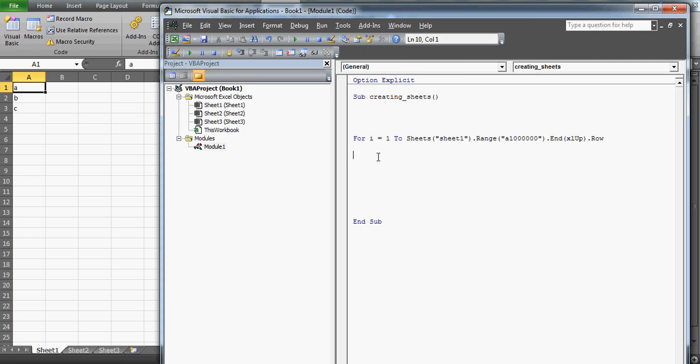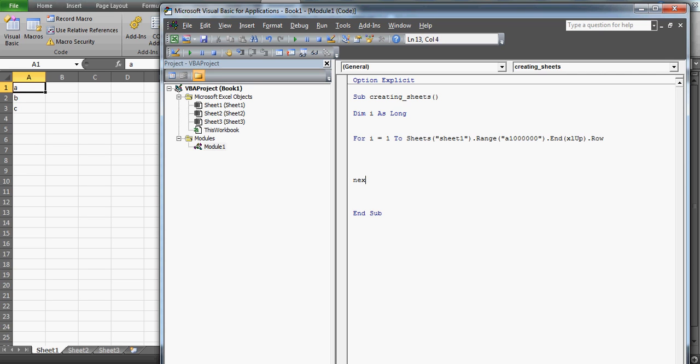So now we're going to name our sheets accordingly. So what you can do is, you can create a sheet for this. Let's say, first of all, create the variable demi as, let's say, long,